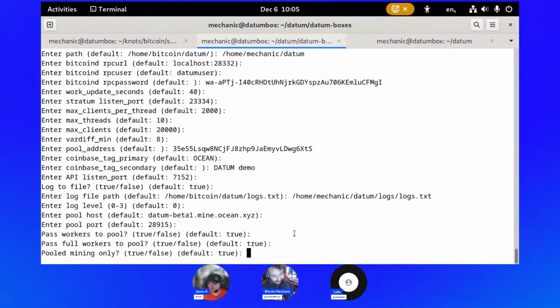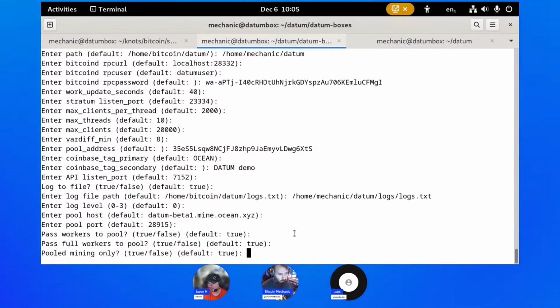Worth noting also that even if you set this to true and your connection to Ocean dies and it kills, DATUM will still stay running and it'll come back as soon as it can reconnect. There is also a small delay between the time it loses connection to the upstream pool and the time it kicks off the miners. Eventually that'll be configurable, but it currently isn't. And if that time frame overlaps a new job that needs to be made, that job will be a lotto job for like 30 seconds. So you definitely need that pool address in there, because if in that 30 seconds you find a block,